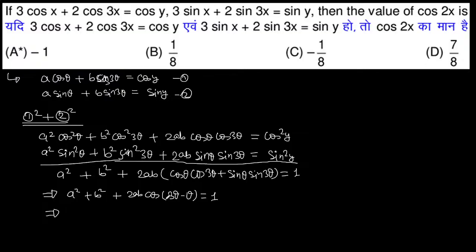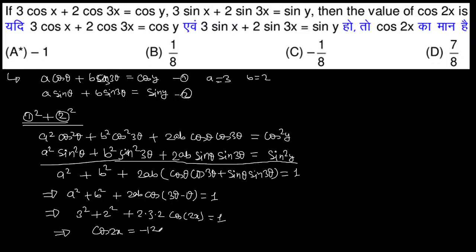अब ये हो गया। ए क्या है हमारा यहाँ? ए वॉज इक्वल टू 3, बी वॉज इक्वल टू 2। तो ये 3 स्क्वायर प्लस 2 स्क्वायर प्लस 2 इंटू 3 इंटू 2 कॉस 2x हो गया। तो ये तो बहुत ही सिंपल सरल क्वेश्चन हो गया। तो ये हो गया कॉस 2x इज इक्वल टू -12/12 विच इज -1। ऑप्शन ए। ये बहुत सरल क्वेश्चन हो गया। अब ये नेक्स्ट क्वेश्चन।